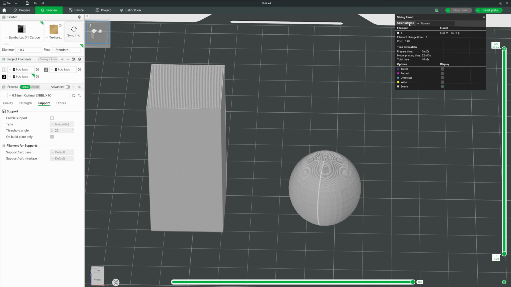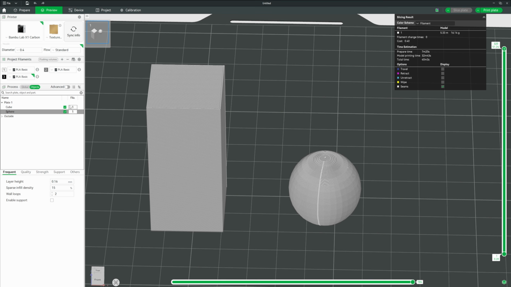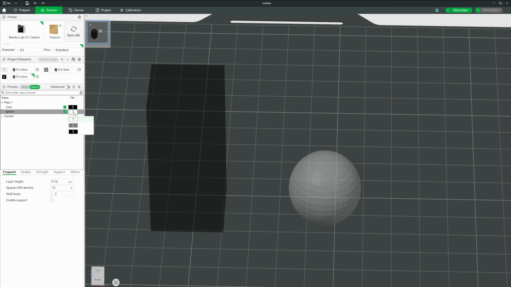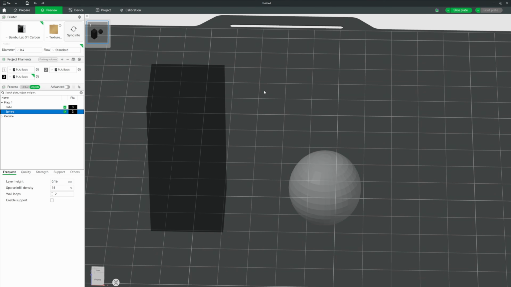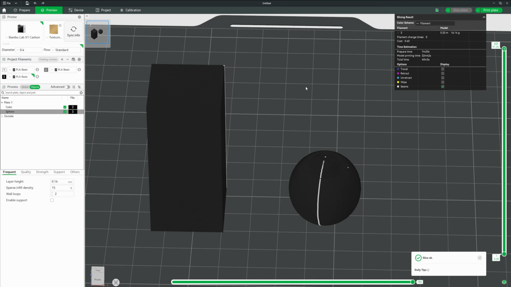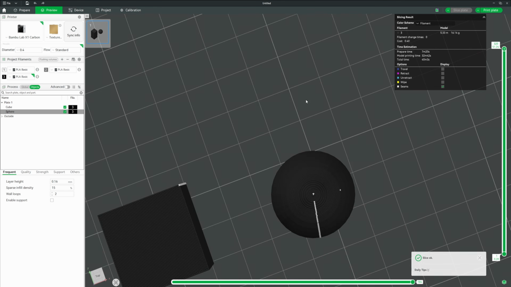So currently using color scheme filament. You do have other ones to pick from, and we will go through them in 2 seconds. But for now, this is my finished slice of my print. And let me just see if I can change the color. Yeah, I've got black. Does that make it easier to see? Yeah, I think that makes it a bit easier to see